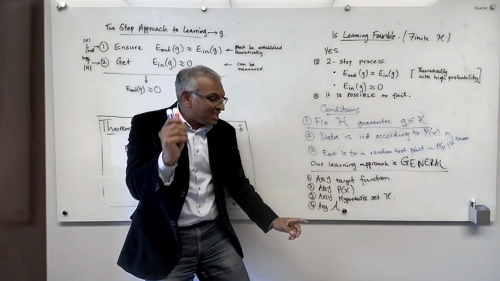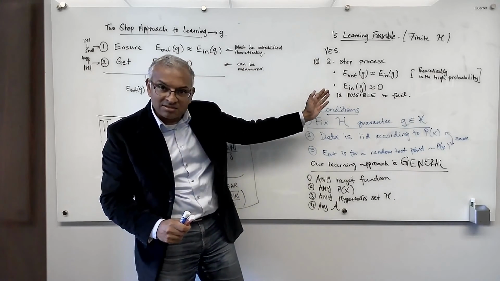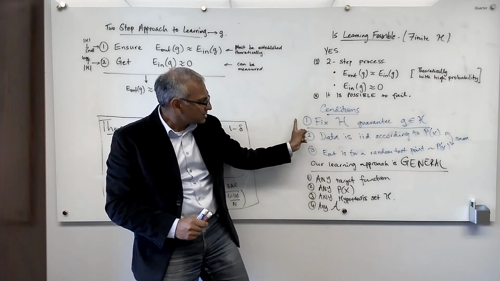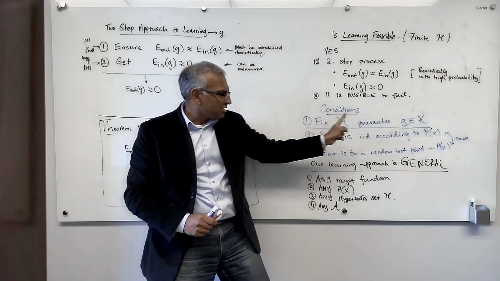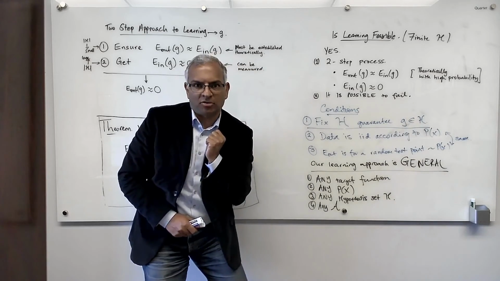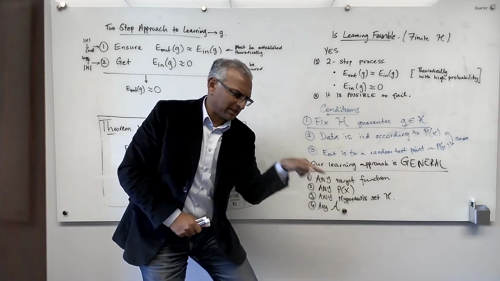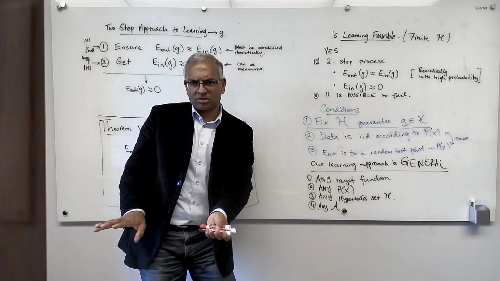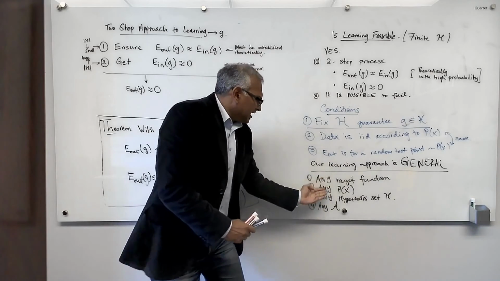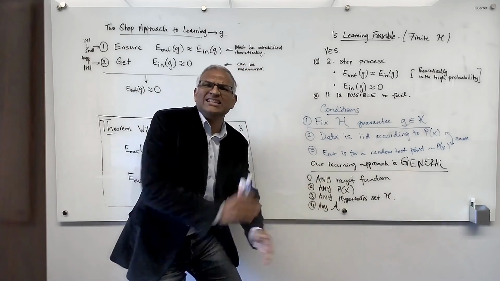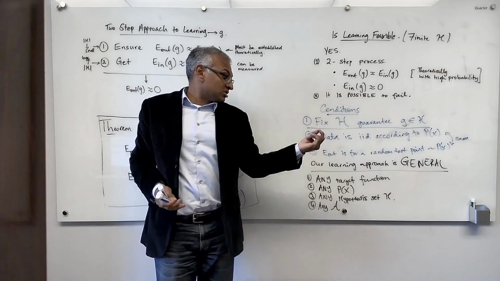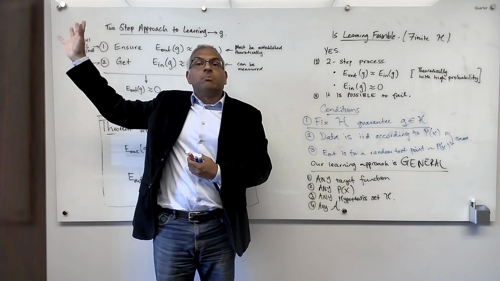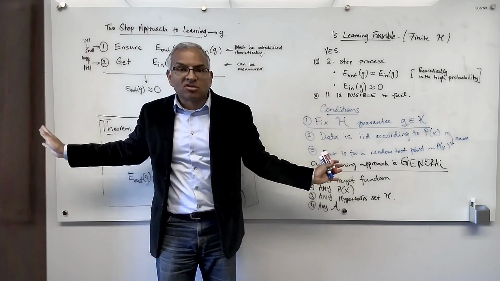The only thing I need to guarantee this theory working is that you obey these conditions, and this condition in particular, which ensures that g came from H, but I don't care how you got it from H. You could have picked randomly, you could have picked hypothesis 1, you could have picked the best looking one, whatever you want. I don't care. Any. General. And that's very good because the target function is truly unknown and we would like to address hard problems. Okay? And a multiverse of problems.